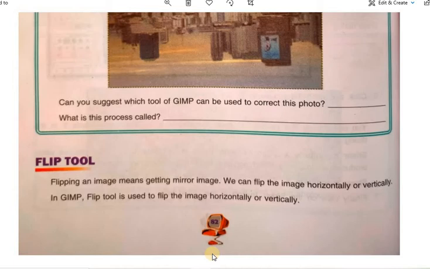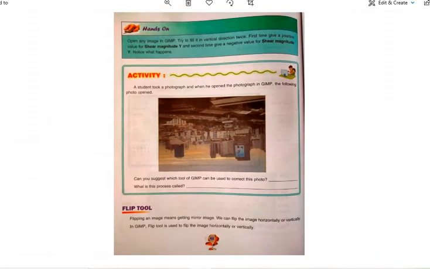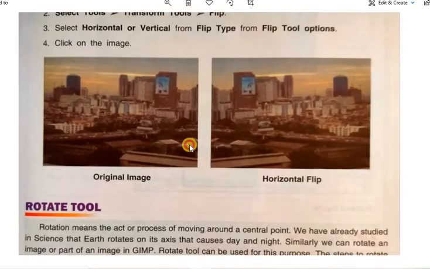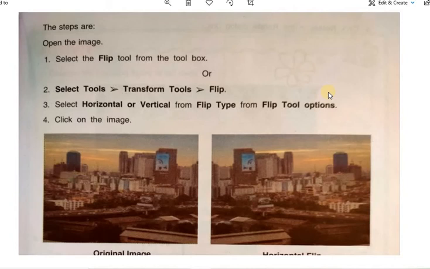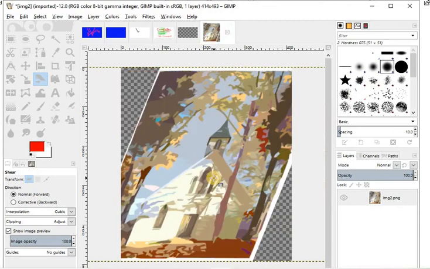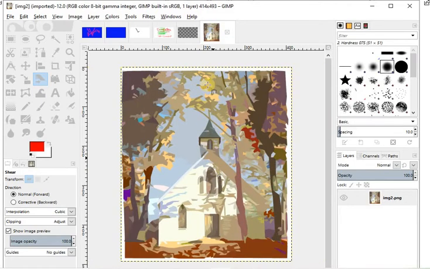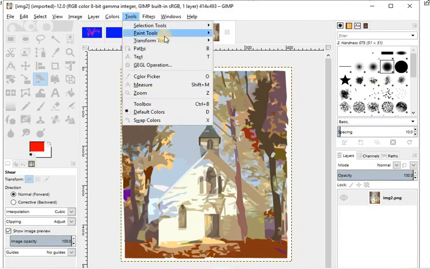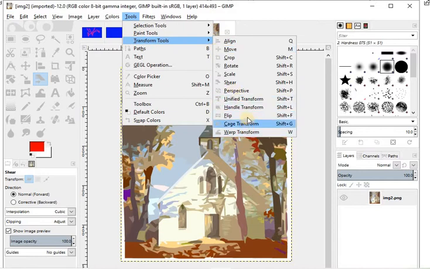And how we can do this? We have to select the flip tool. Go to the tools, and under the transform tools we will find the flip option. Wait one second. Okay, this is the image. Go to the tools, and under the transform tools we have this option flip.